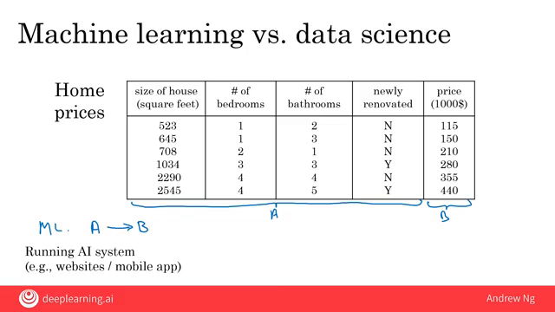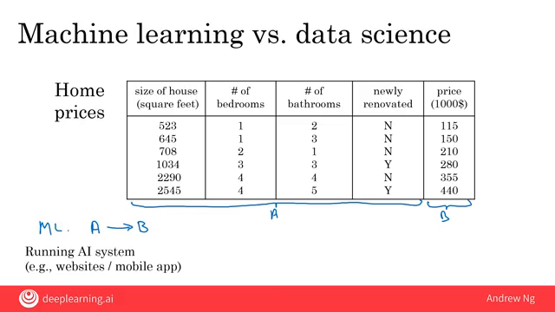So it's a piece of software that any time of day, any time of night can automatically input A, these properties of a house, and output B. So if you have an AI system running, serving dozens or hundreds or thousands or millions of users, that's usually a machine learning system. In contrast, here's something else you might want to do, which is to have a team